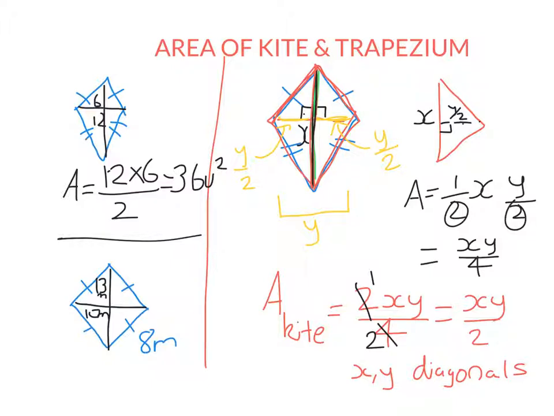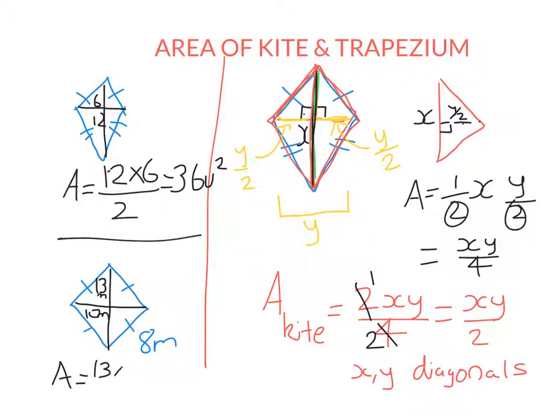A rhombus is actually a type of kite. It's a special type of kite where all 4 sides are equal. So because it's a type of kite, we're going to find the area exactly as we have done in all of the examples in this video. So the area of this kite, this rhombus, special type of kite,